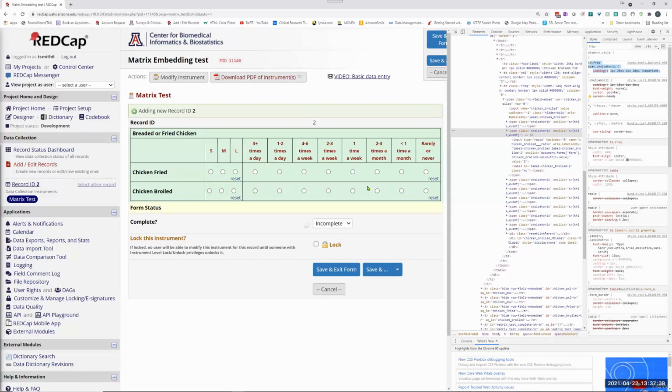And so what I did was, once we built this and embedded the fields, I went into this inspect tab and just started messing around with the padding to get it exactly where I wanted it. And once I had that padding, then I could copy those values and put them in a CSS rule using the CSS injector. So Terry, if you want to go back to the designer,